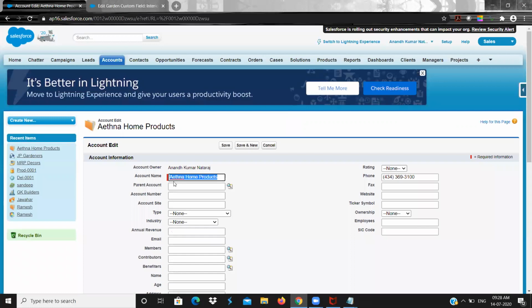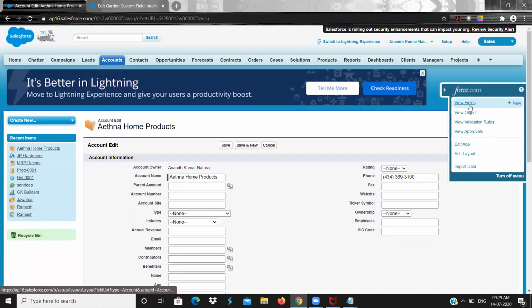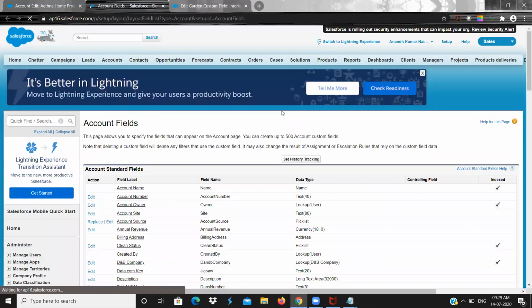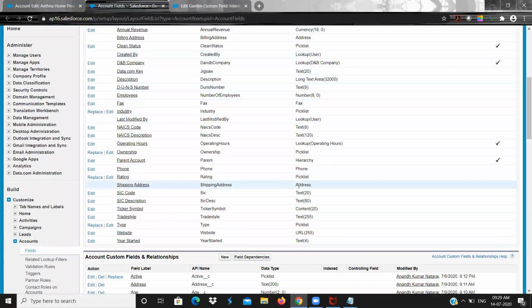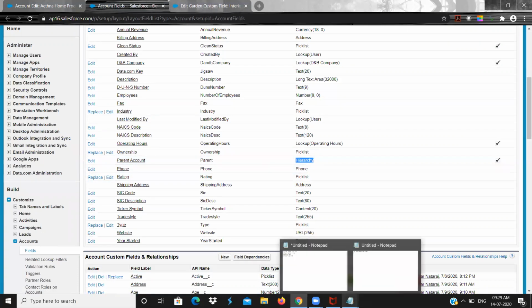If you say parent account, that means the account itself has a relationship with the account. So that is called a self relationship. Here you have the parent, that is the hierarchy. Why is this needed, why does the object have a relationship with itself? The parent is the same object, and the child is also the same object.